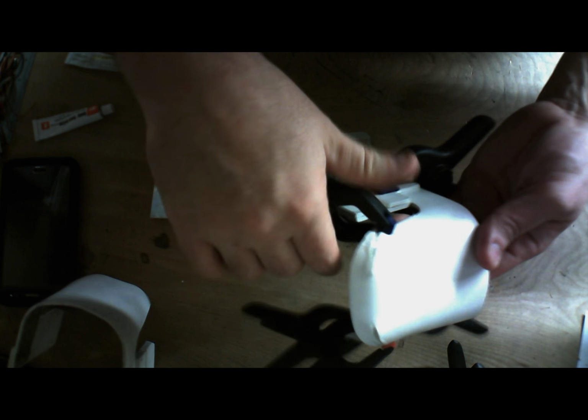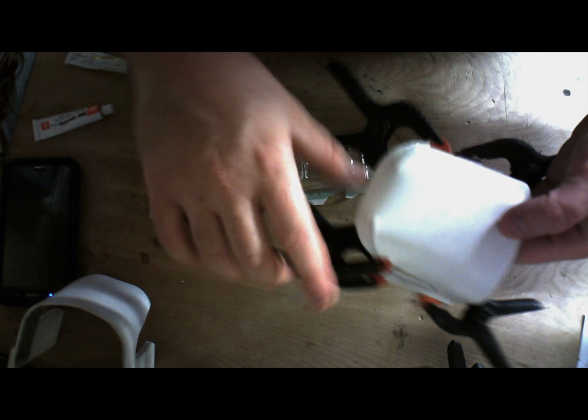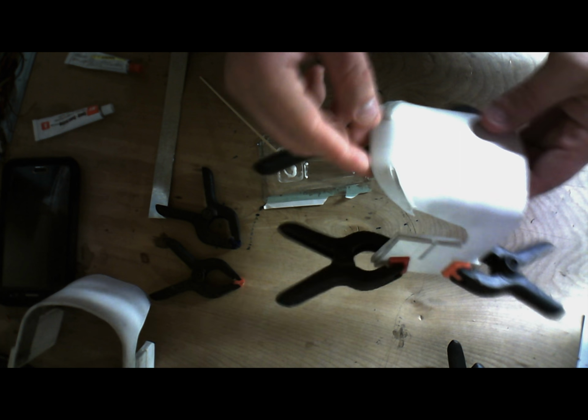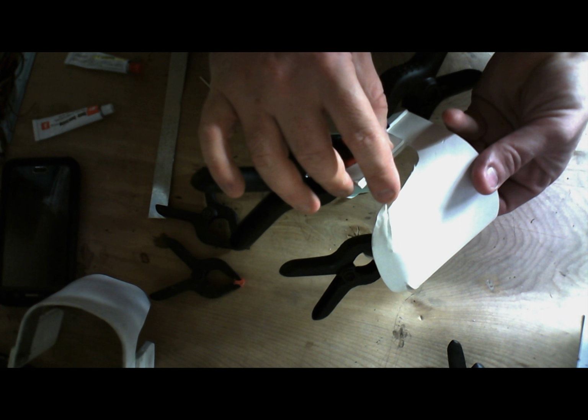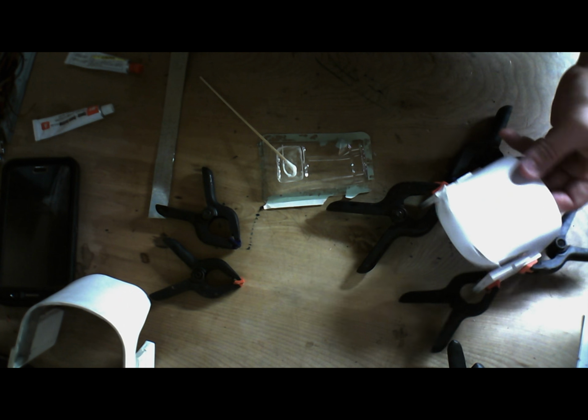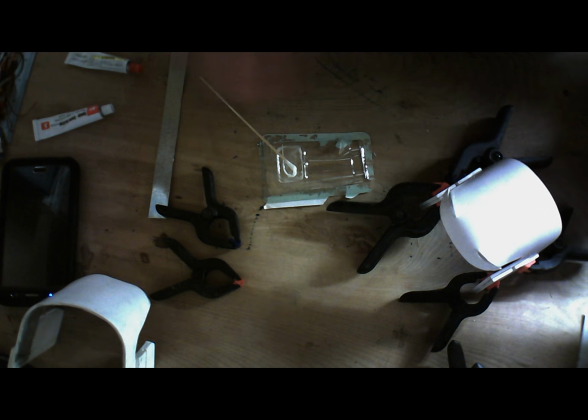Alright, so we're pretty tacky here. We can go ahead and take these clamps off and see if we need to add any more epoxy. This side is good. This side needs a little bit more on this edge right here. So let's set this down. I think